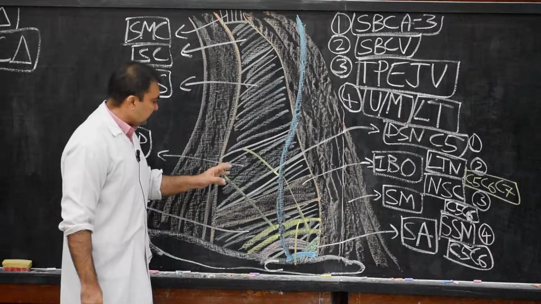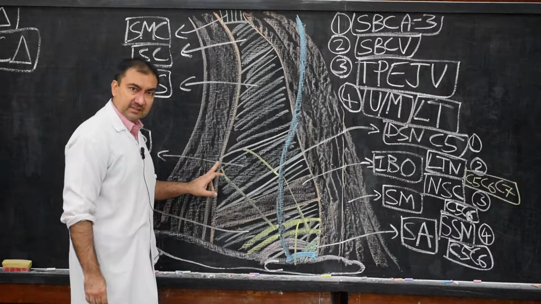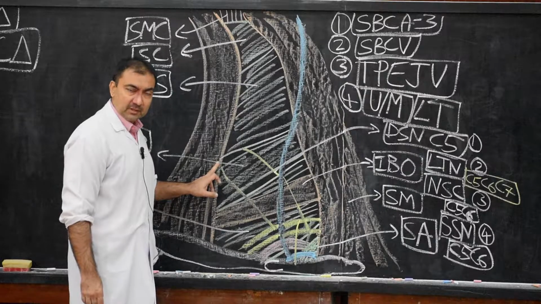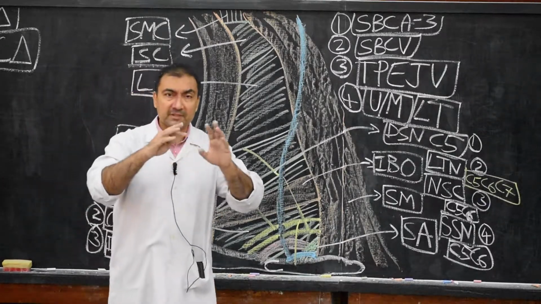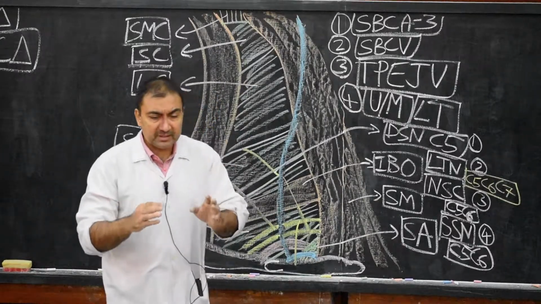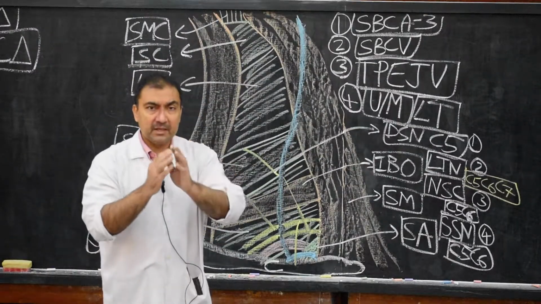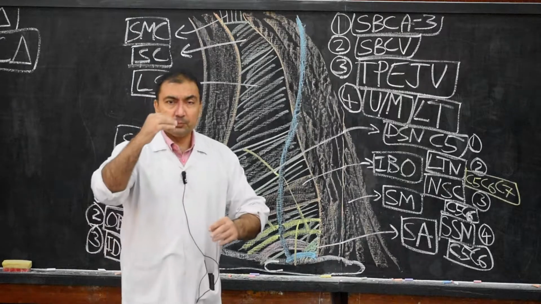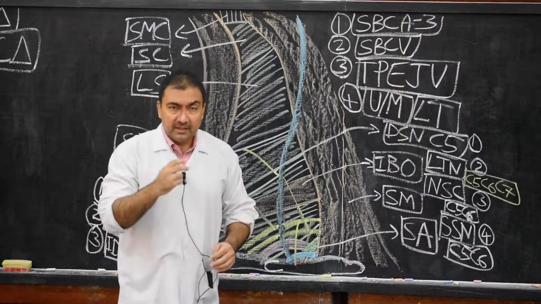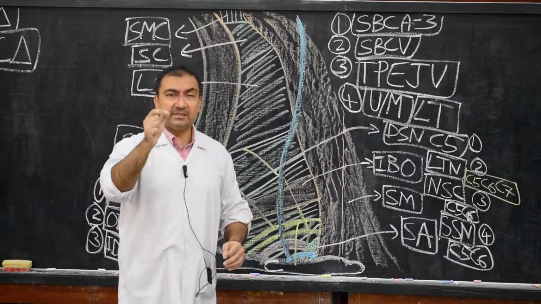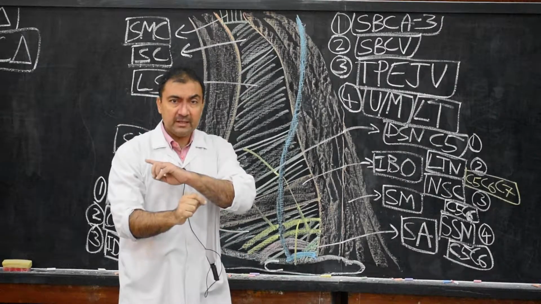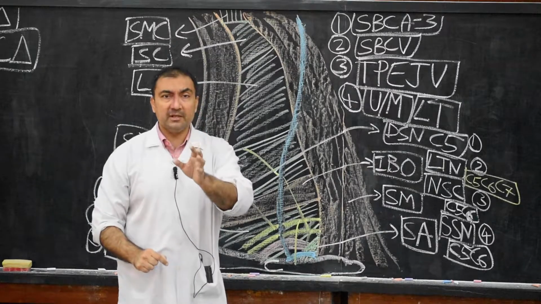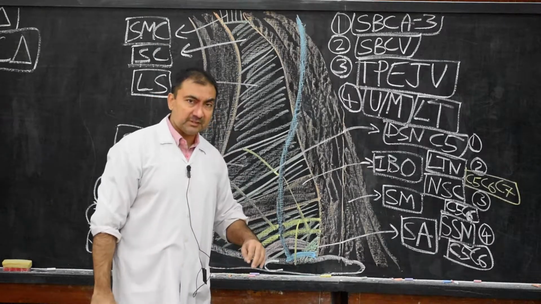So once it passes deep to the anterior border of trapezius muscle, the suprascapular nerve will then pass till the superior border of the scapula, where it will supply nerve fibers to supraspinatus and infraspinatus muscle, and at the same time it will supply the fibers to shoulder joint and acromioclavicular joint. So that is suprascapular nerve.